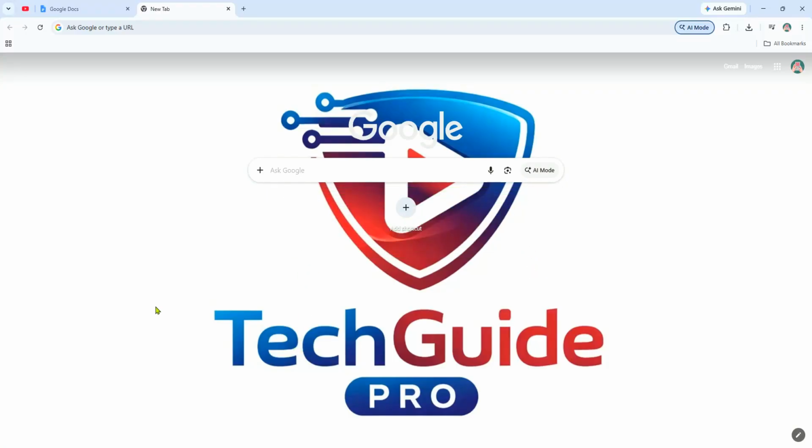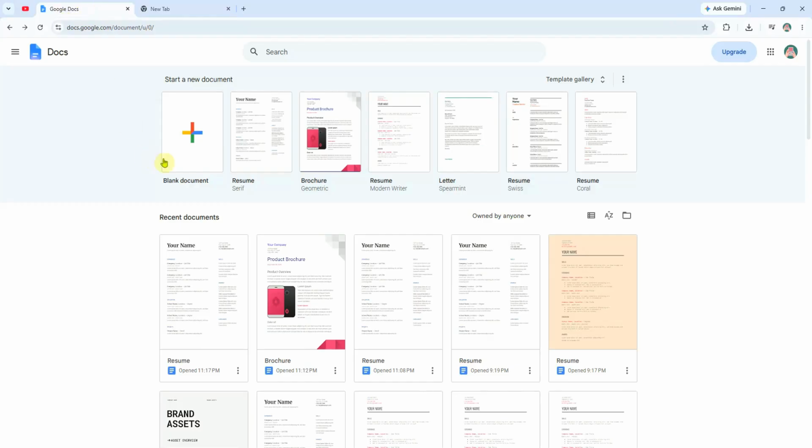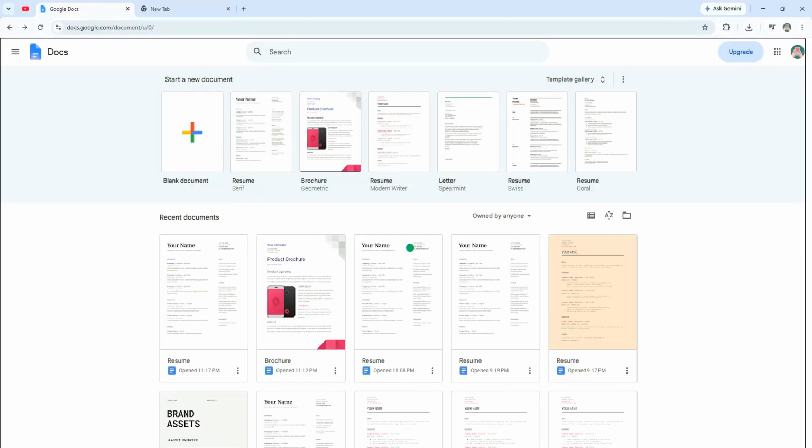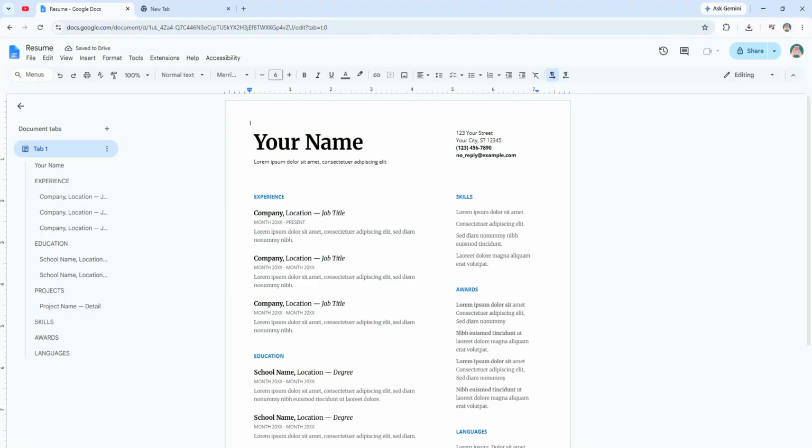First, open Google Docs in your web browser and access the document you want to work on. Once your document is open, look at the top right corner. You'll see a pencil icon with a drop-down next to it. Click this icon and select Suggesting from the drop-down menu. This mode allows you to make edits that appear as suggestions rather than direct changes, which is perfect for collaborating